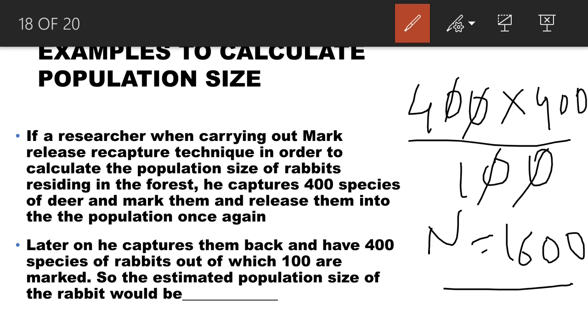So this is what actually they are doing. They are just changing the name of the technique, as well as elaborating the content or theory so as to create confusion. But you don't have to be confused. You just need to pick up the points: what is my first sample size, what is my second sample size, and how many individuals are marked in my second sample which were found. That is what you have to do.